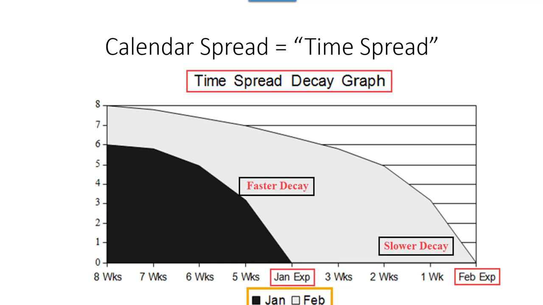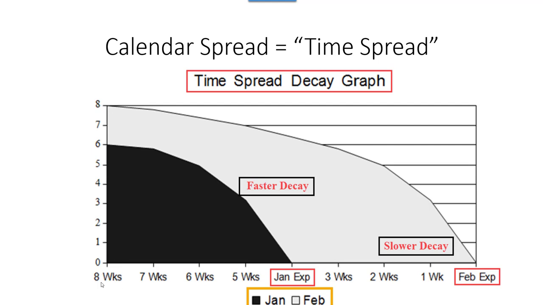So a calendar spread also is called a time spread. The easiest way to picture this strategy in your mind is to recognize what the goal is in this trade. So in this picture, we can visualize the decay in an option that is sold with 4 weeks of time value and an option that is bought with 8 weeks of time value. On the left side of this graph, we have theta value, and on the bottom of this graph, we have time. And so you could see that an option with